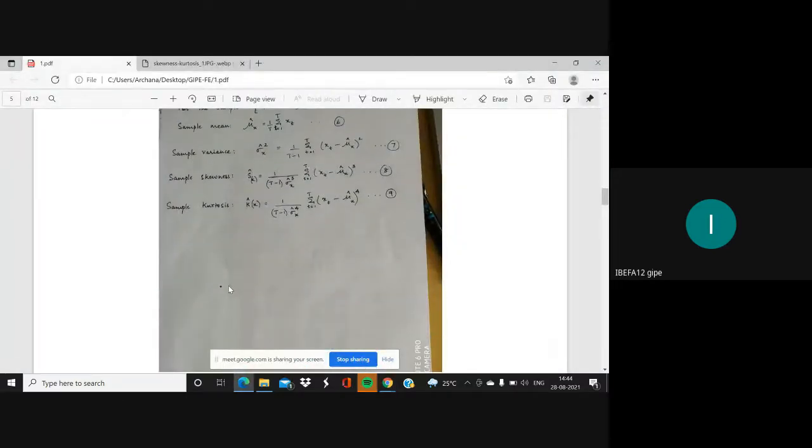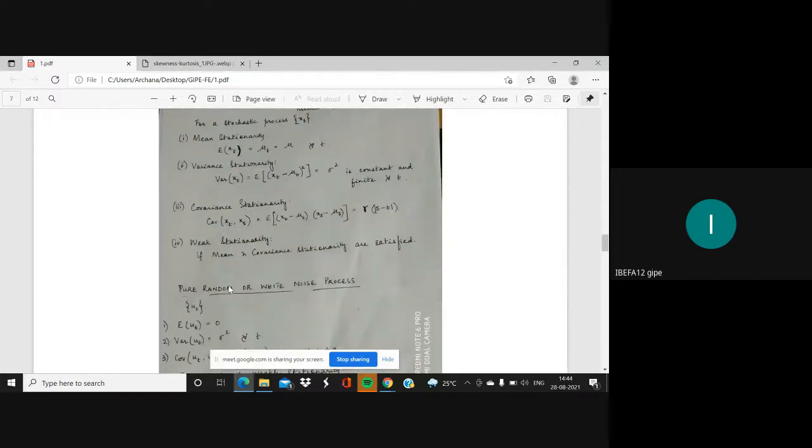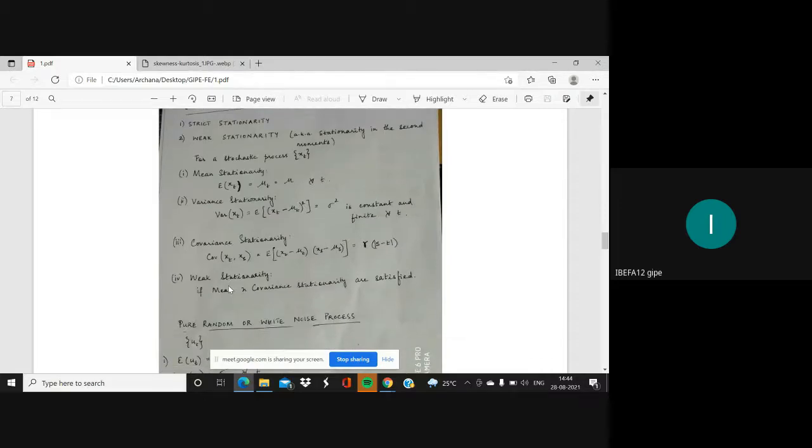All right, so yesterday we stopped at the point where we were discussing stationarity. We discussed what is meant by strict stationarity and weak stationarity. For all the practical work that we'll be doing, we are focusing on weak stationarity. Any time series is said to be weakly stationary if the mean of that time series is constant, the variance is constant and finite, and the covariance between xt and its lags